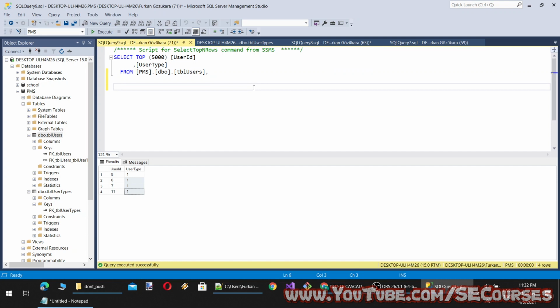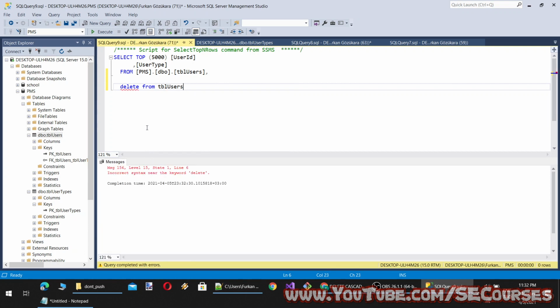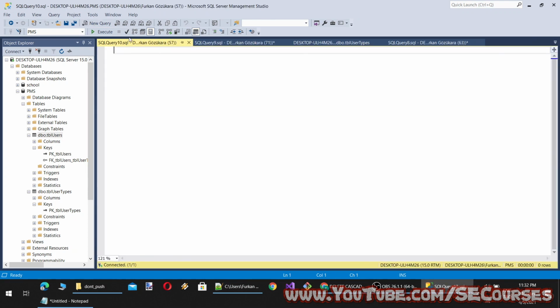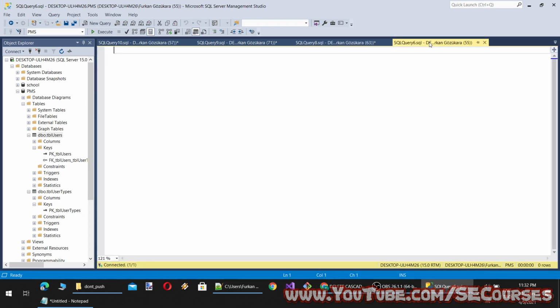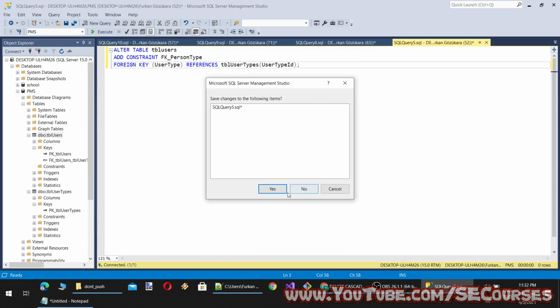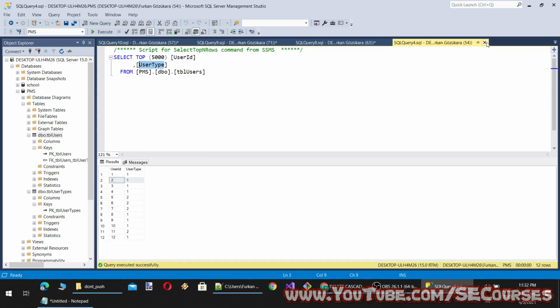All right, so let's delete the records, and then let's reset it. Where is our reset? You can also achieve that foreign key with a query like this, but using design is, I think, better.